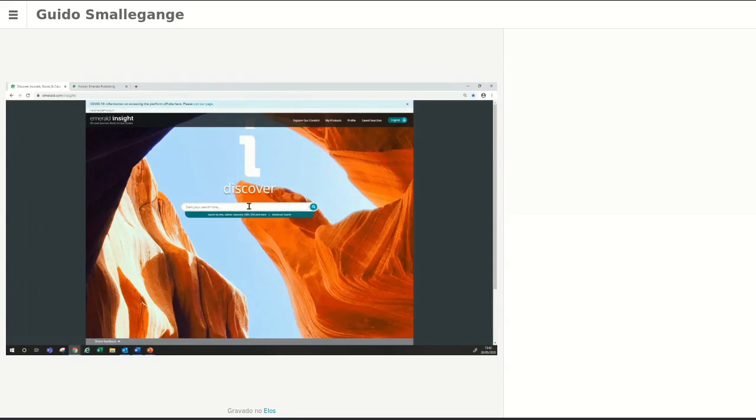So this is a landing page right here. From this landing page, this is where you can start doing your queries, your keyword searches. So remember to define and use your keyword searches very well. You can use here a combination of keywords or even a phrase if you want. So I'm going to look for a phrase, actually, sustainable business model. So let me go ahead and